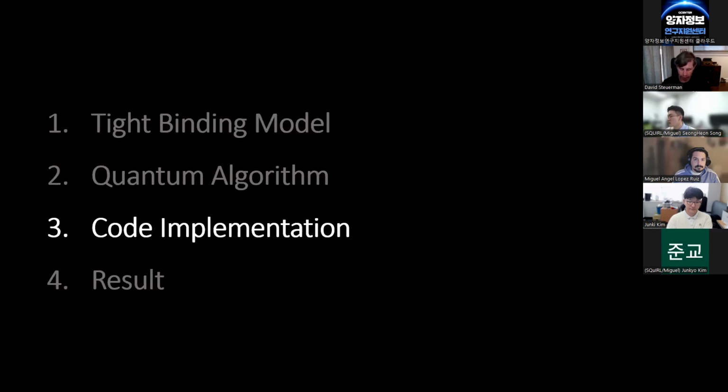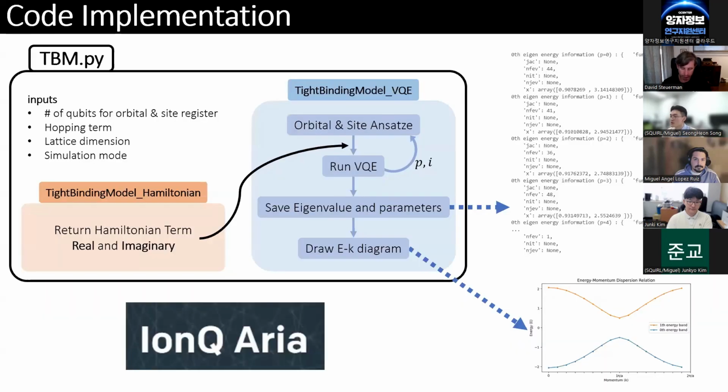Let me explain our code architecture for the model simulation. We made the tight binding model implementation Python module called tbm.py. Input data are the number of qubits for the orbital and site registers, the hopping term matrix, the crystal lattice dimension, and the simulation mode, ideal or noisy. Ideal mode gives the ideal calculation result based on the Qiskit simulator, and noisy mode gives the IonQ ARIA 1 backend